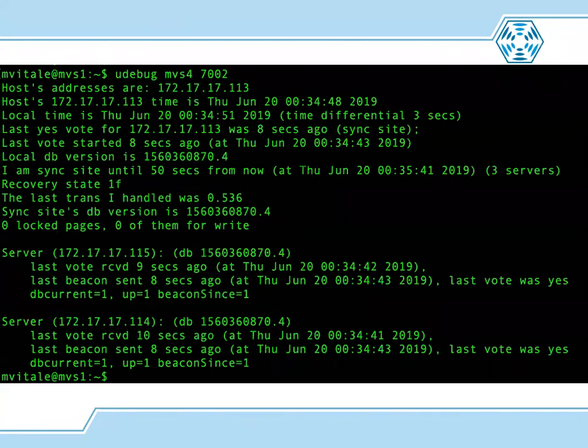There's some other information here about what the other servers are doing, how the voting has been going, whether its database is current or not, whether this site thinks that site is up or not. The other thing I want to point out is this little obscure line right here: the time differential is 3 seconds.